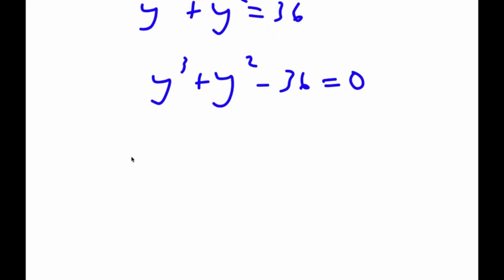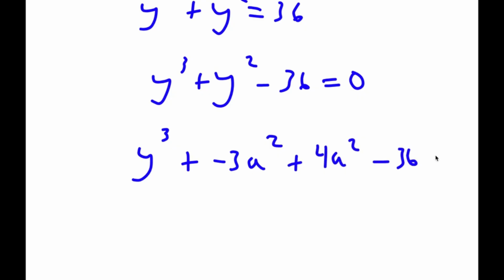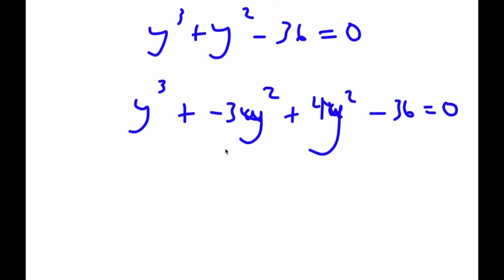So now to solve this, I'm going to write this as y to the power of 3 plus negative 3y squared plus 4y squared minus 36 is equal to 0. So all I did was I simply rewrote y squared as negative 3y squared plus 4y squared. And now from here,